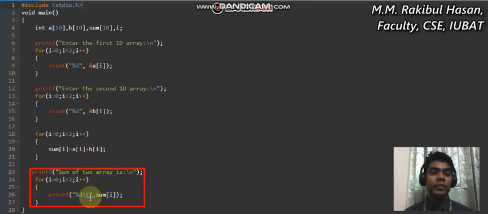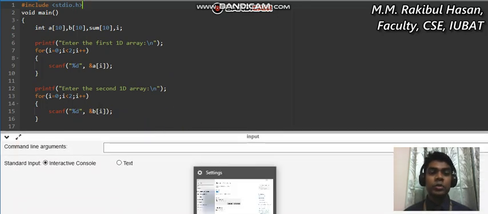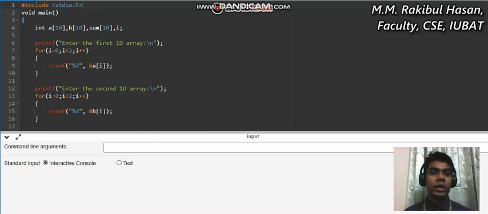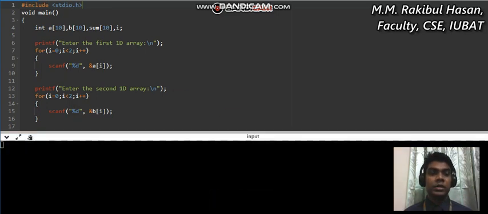Here we have the printf function, we are printing the value of sum, and then again we are using another for loop. So in this way we can print the values. Okay, so now let me run the code. If I run the code, then you'll be able to understand what is happening here. At first it might take a few seconds. So now if I run the code, at first it says, enter the